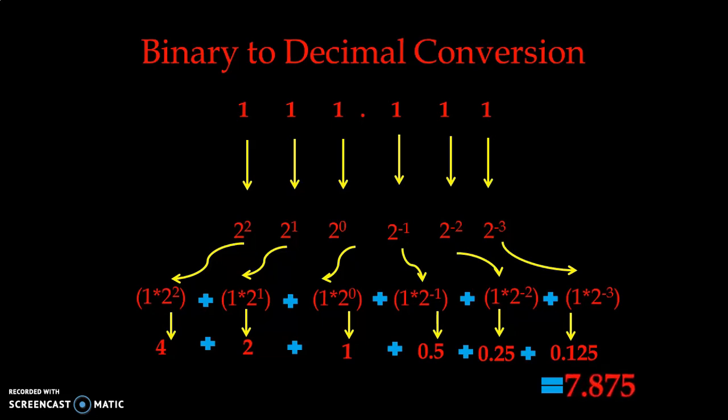So now only we need to do is addition, and then it comes to 7.875. See, it will automatically give decimal equivalent value into mixed number. So that is 7 is integer value and 0.875, that is our fractional values in decimal. So 111.111, that is binary number, and equivalent decimal values we have got 7.875. So this way we can do binary to decimal as well as decimal to binary number conversion.